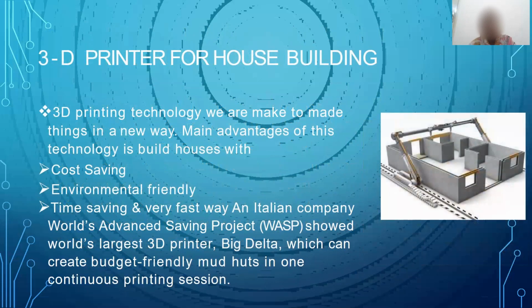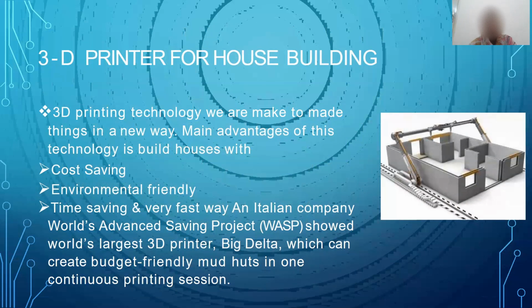The next one is the 3D printer for house building. As 3D printing technology, we are able to make new things in a new way. The main advantage of this technology is that it builds a house at low cost, as it is cost saving, environmentally friendly, time saving, and very fast, as the Italian company